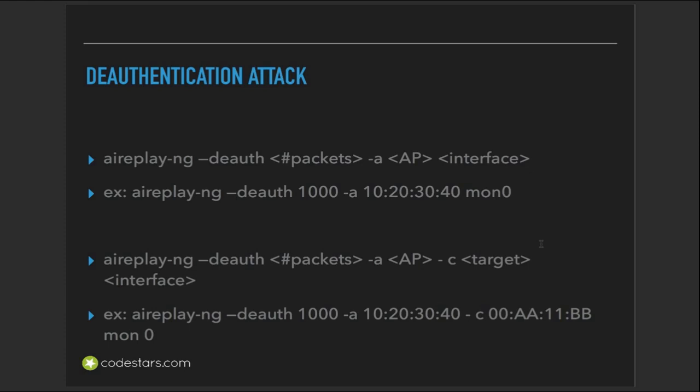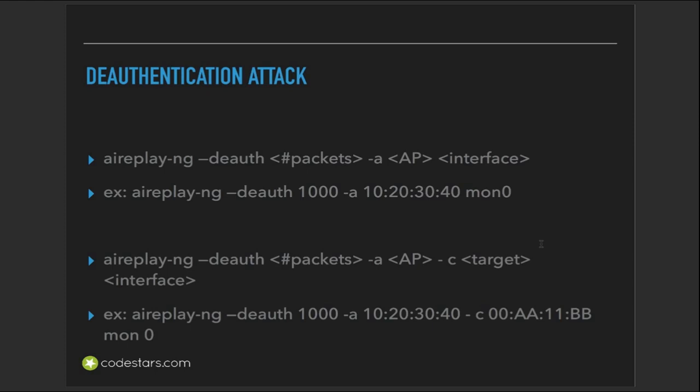So we can just do that in order to make someone disconnect from their network. And this is a very powerful attack, and of course there are some certain protections against this attack on the router, but most of the time this works,